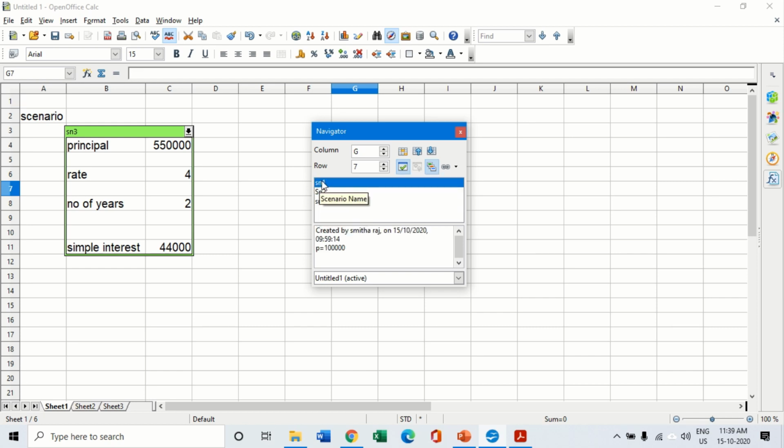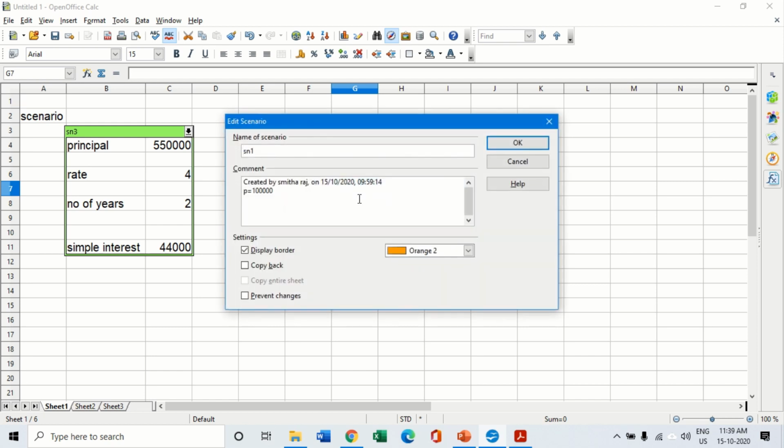Now if I want to make any change to a particular scenario, suppose I want to edit my scenario, I can right click and click on the properties option. The edit scenario dialog box opens up, and here suppose I want to change the color of my scenario and make it dark blue, or I want to change the details I want to include.